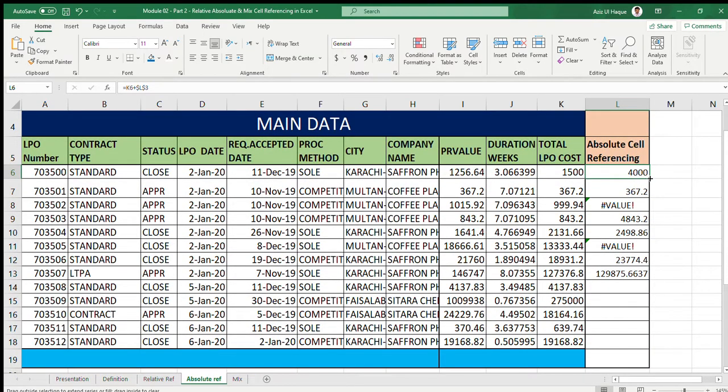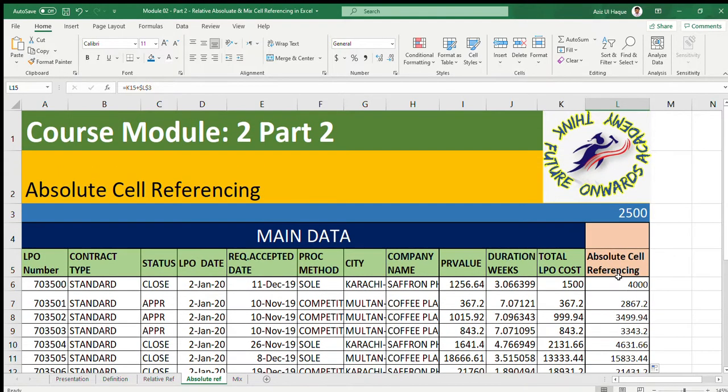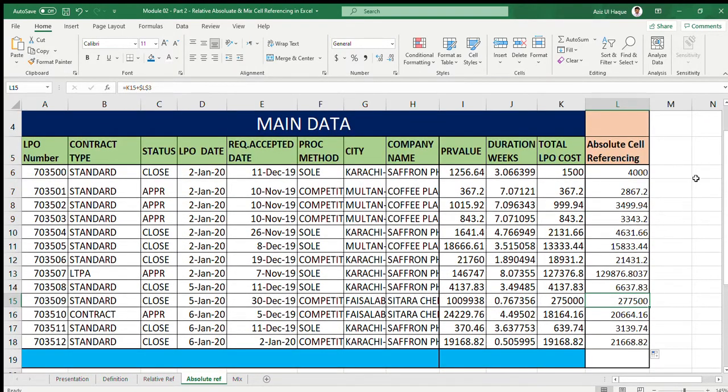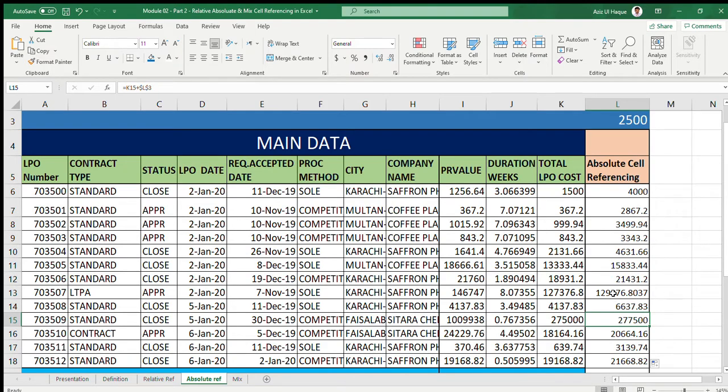I drag all the information down, and you can see it here. I will make it a little bit up. See here now, the L3 is locked. How did I lock it? After pressing F4. Everywhere L3 is locked. So it is called absolute referencing.